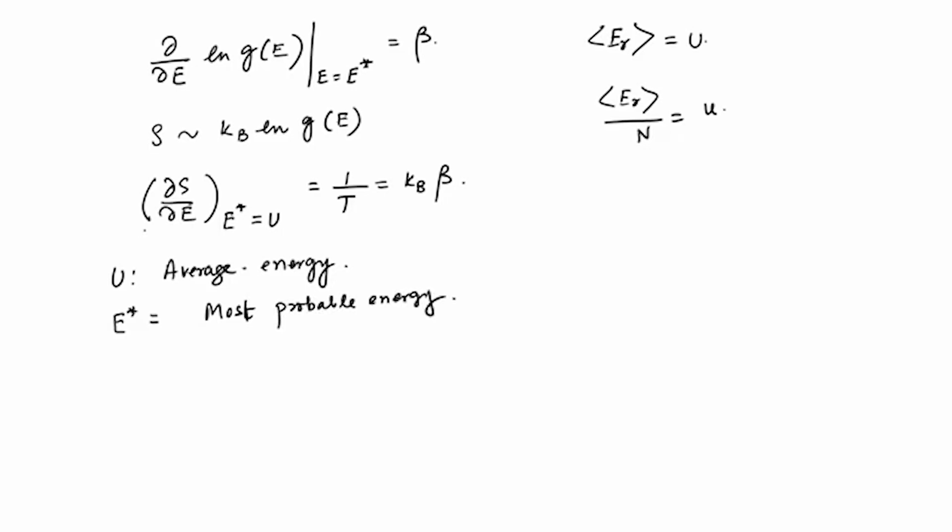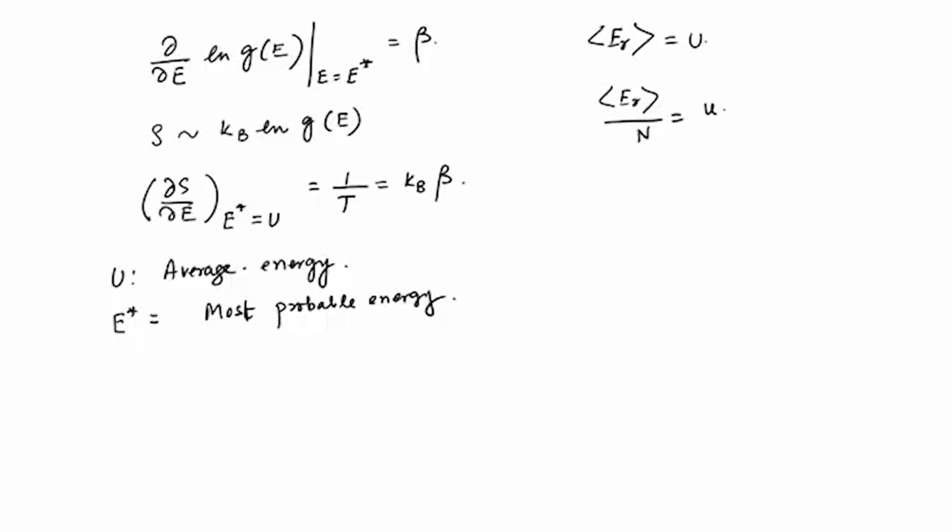Now, this is an important result. It tells you that the average energy becomes equal to the most probable energy, which also tells you that the distribution is very sharp. The distribution is peaked at the average energy, sharply peaked at the average energy, which is also the most probable energy. And this tells you that this canonical ensemble or canonical distribution